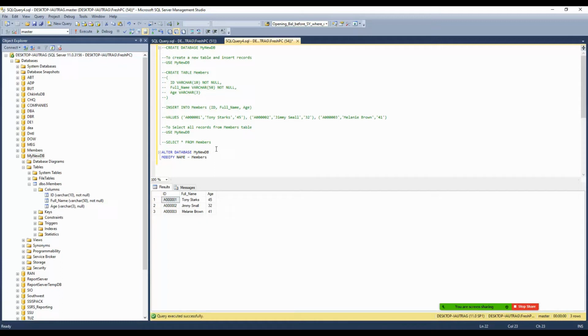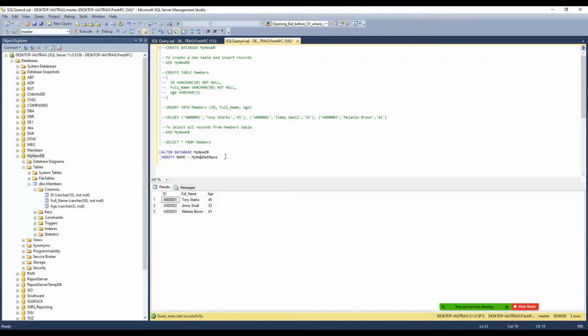So our database name is MyNewDB, right? You want to change it to, for example, a new name like this. Okay, so you want to alter database MyNewDB, modify the name as